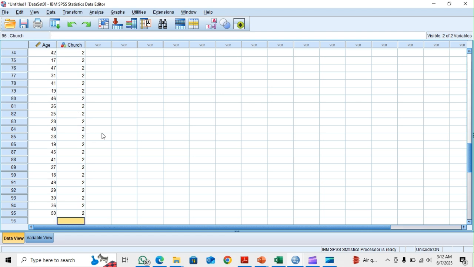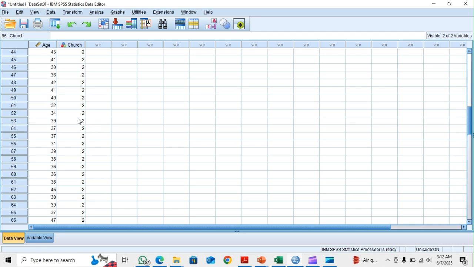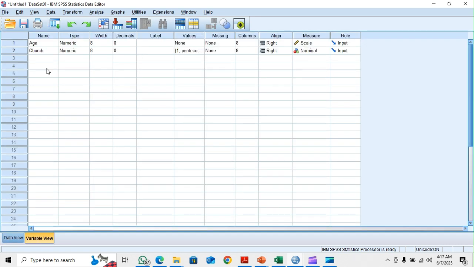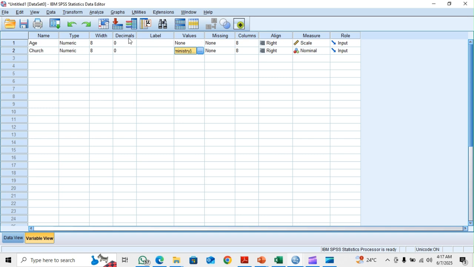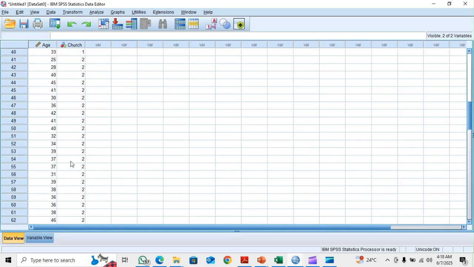Okay, so here we have this is how you set up your data. So first of all, we have this age and church members, and they are in numeric format. Then our church has 2 groups. So under value, you come and put 2 groups here. So input these values here for the categorical values of church and make it nominal. So this is how to set it up in SPSS,